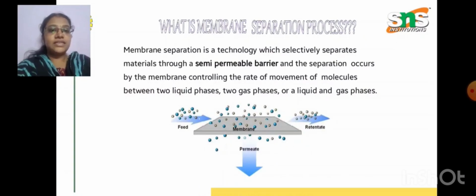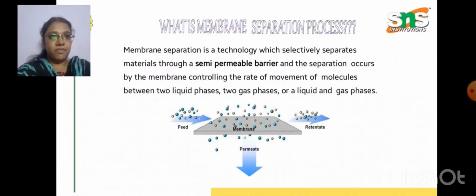So, in this topic, let us see something about the different methods of concentration, where one of the methods is the membrane separation method. So, what do we mean by membrane separation and what is it done for? Membrane separation is one type of technology which selectively separates materials by the use of a semi-permeable membrane that will act as a barrier, and the separation will occur by the control through the